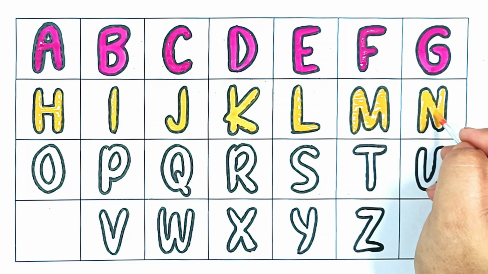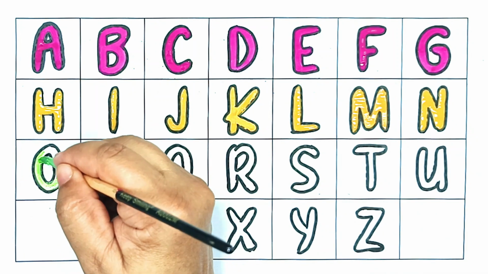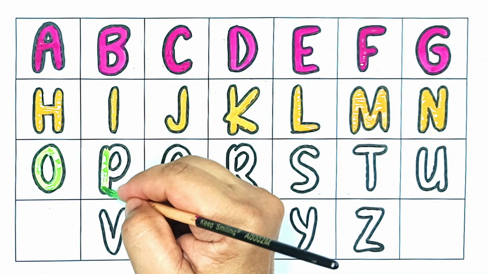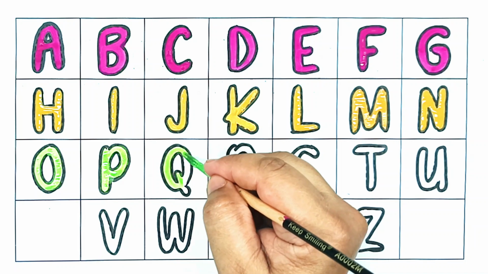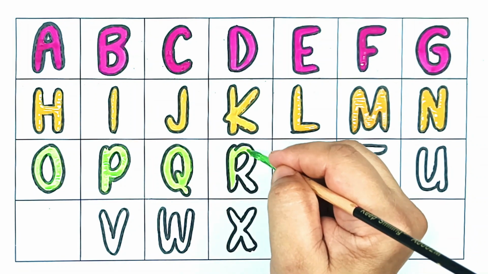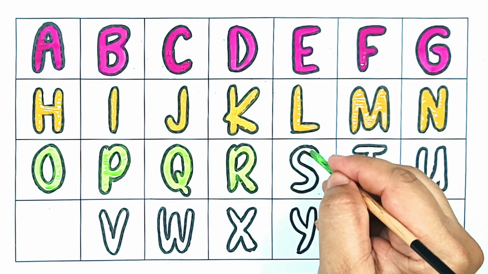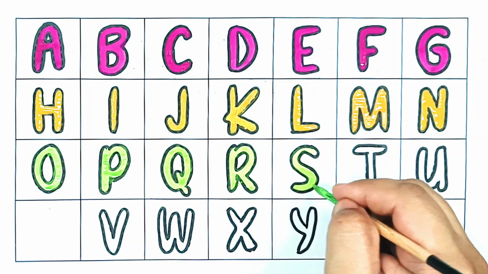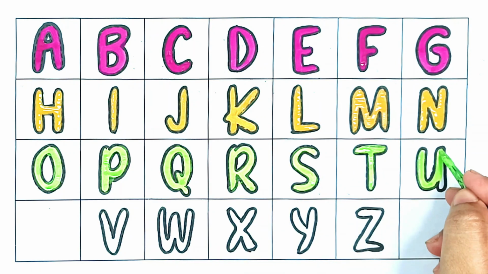N for net, N for net, O for onion, O for onion, P for pen, P for pen, Q for queen, Q for queen, R for ring, R for ring, S for star, S for star, T for train, T for train, U for